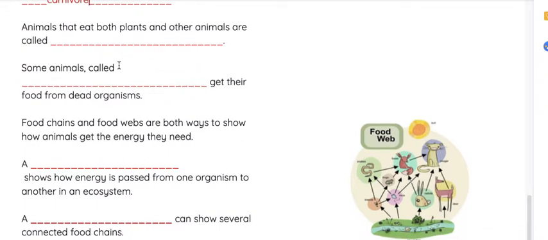Animals that eat both plants and other animals are called omnivores. I love this one. O-M-N-I-V-O-R-E-S. Omnivores. Omni means all, and vor means to eat, so eating all. All right. Some animals called scavengers,